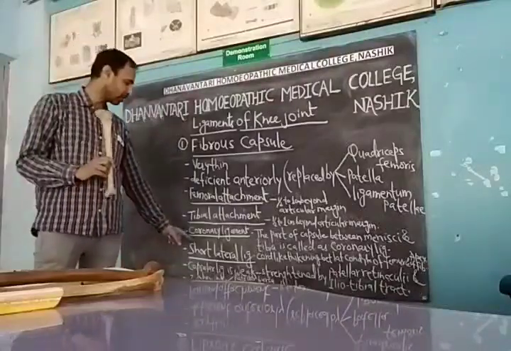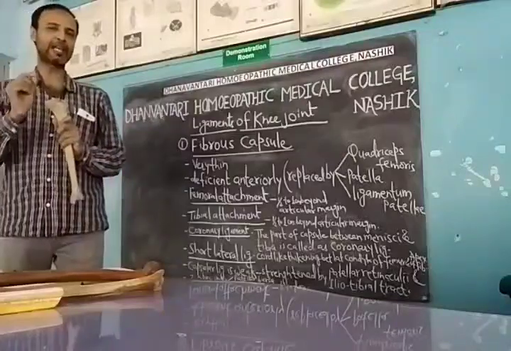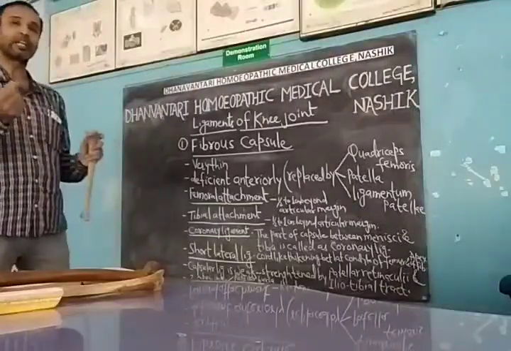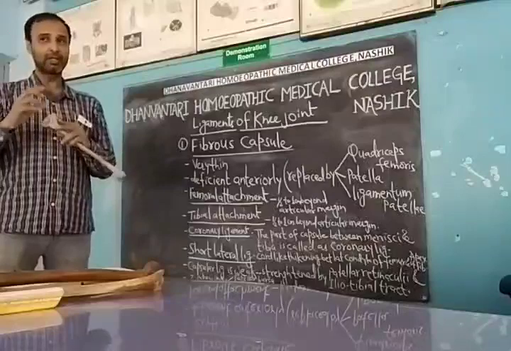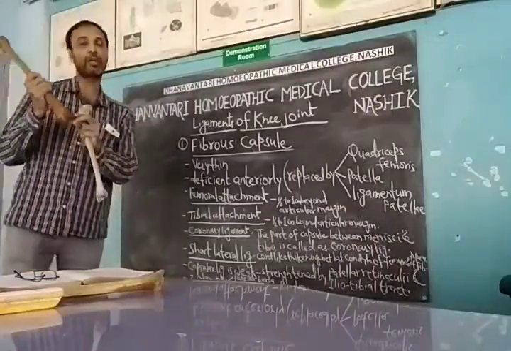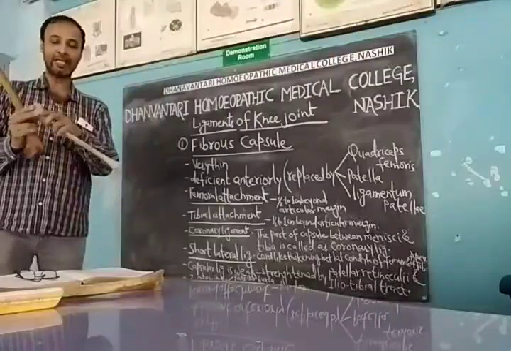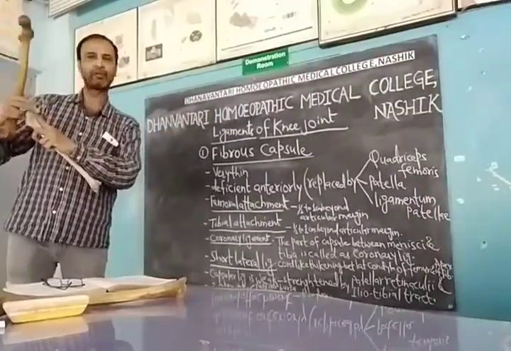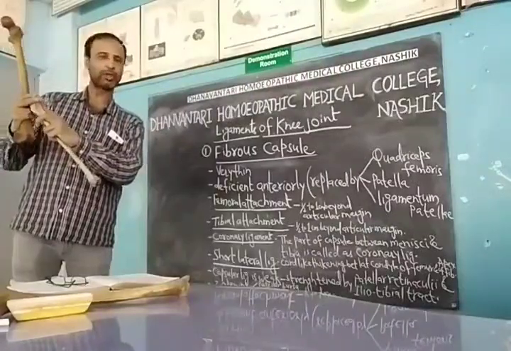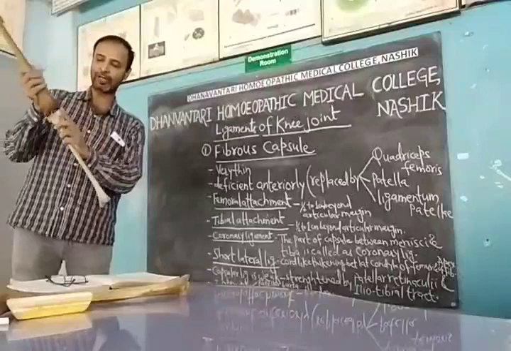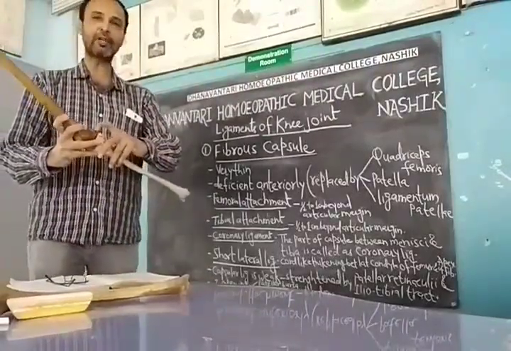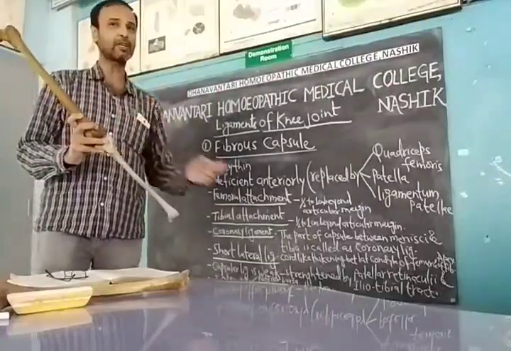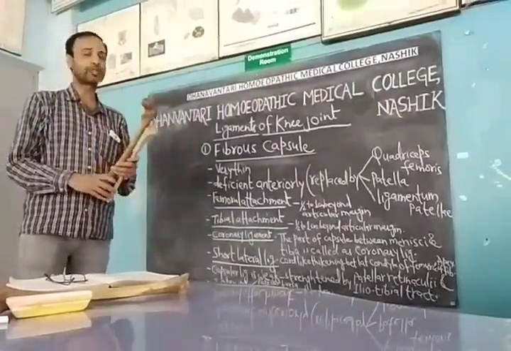Second, there is also a short lateral ligament. This is another characteristic here. The fibrous capsule becomes a cord-like thickening between the lateral condyle of the femur and the apex of the fibula, where the head and apex of the fibula are attached. So this part, between the lateral condyle of the femur and the apex of the fibula, is a little thickening, and this thickening is called the short lateral ligament. These are some of the characteristics.